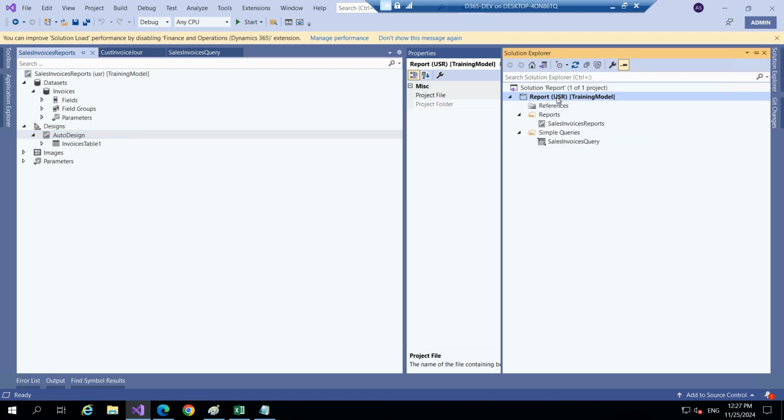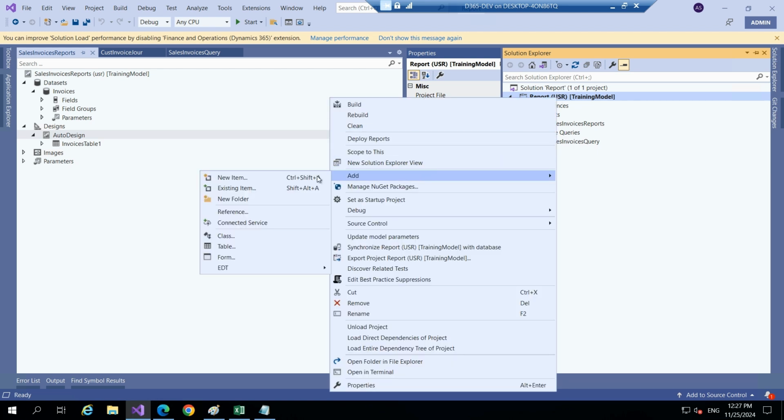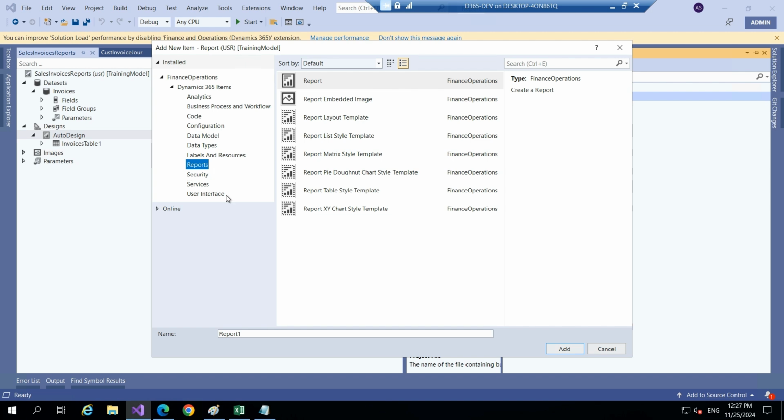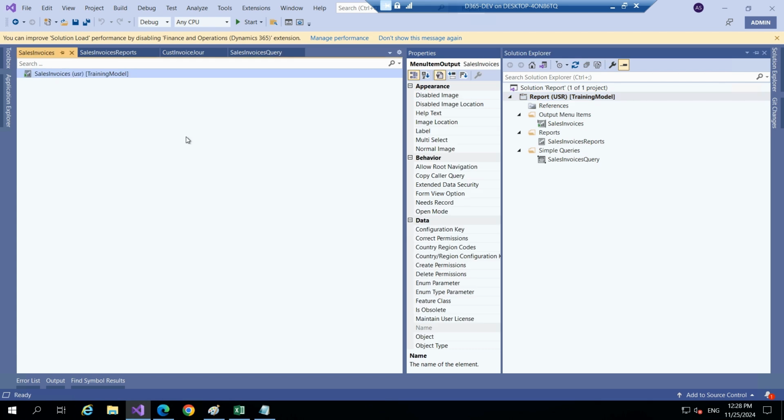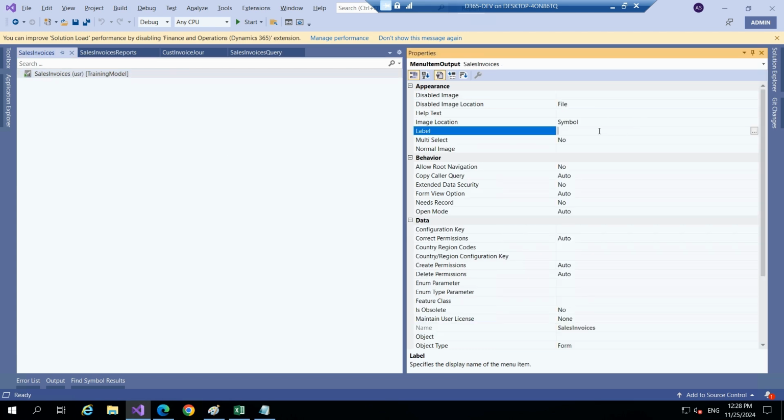So to display this report to a user, we have to create an output menu item to include the report. So here we will press add and we'll select from here user interface. We will select output menu item. The output menu item is used for the reports. So here let's rename it to be sales invoice sales and add. So here we will add a label. So this will be sales invoices,